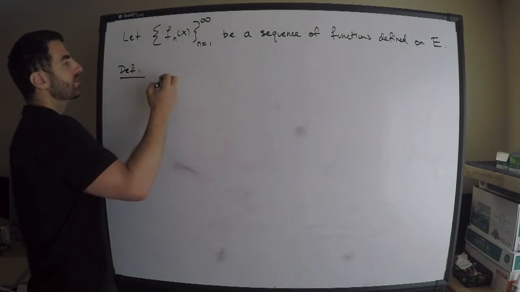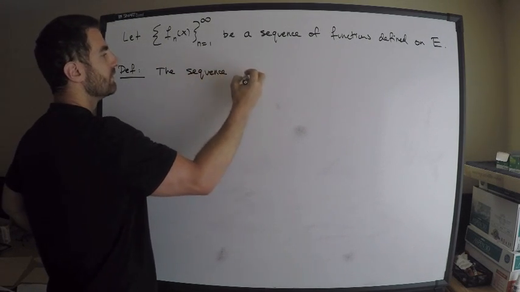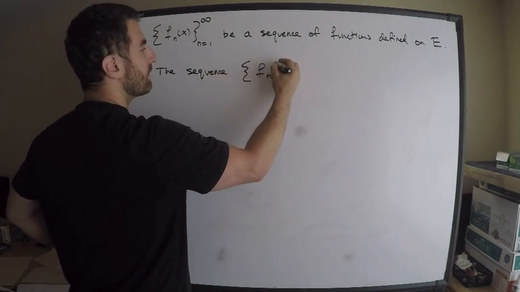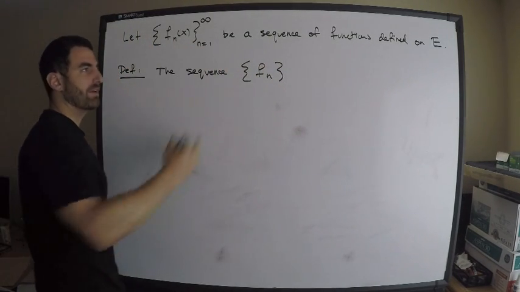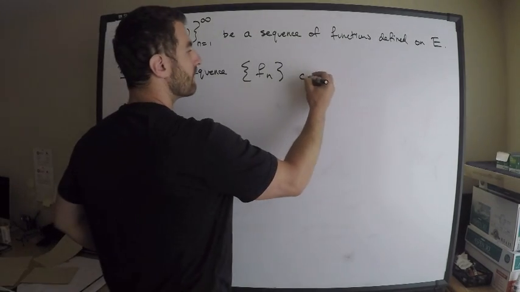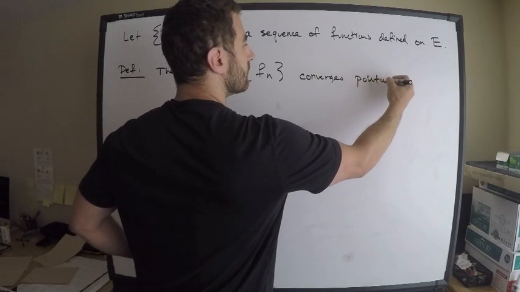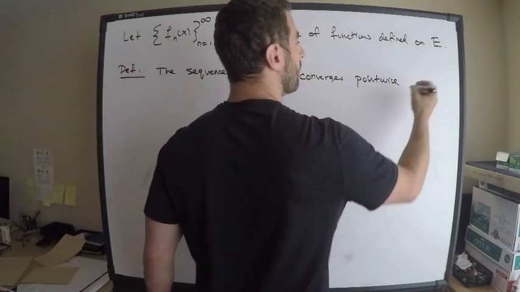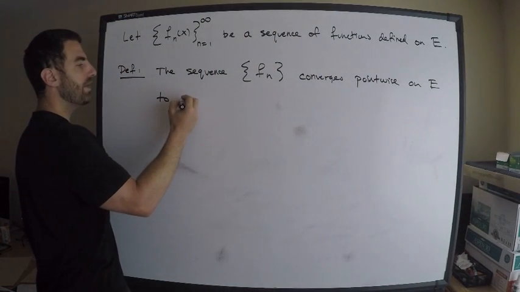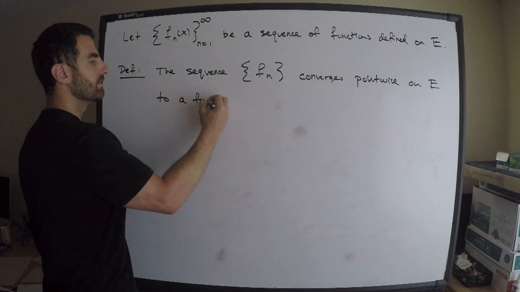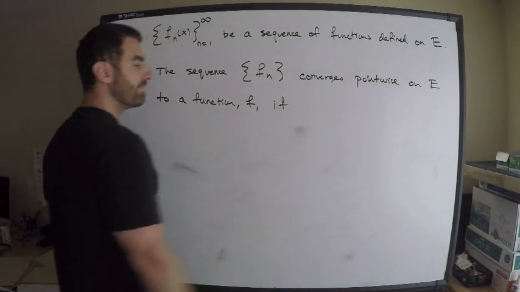We have that the sequence f_n, and I'm omitting the details, n goes from 1 to infinity, and it's a function of x, where x is a member of E. So the sequence converges pointwise on E to a function, say f, if